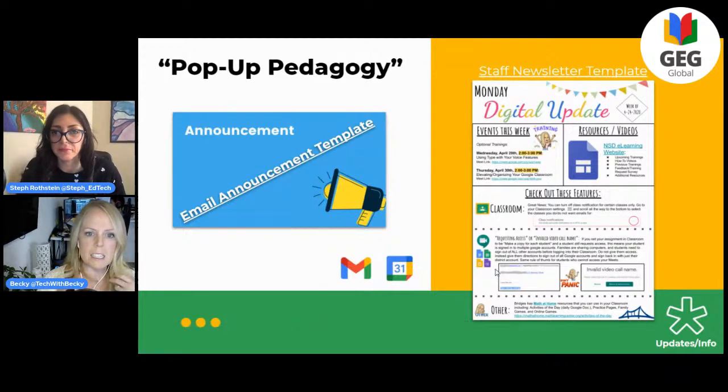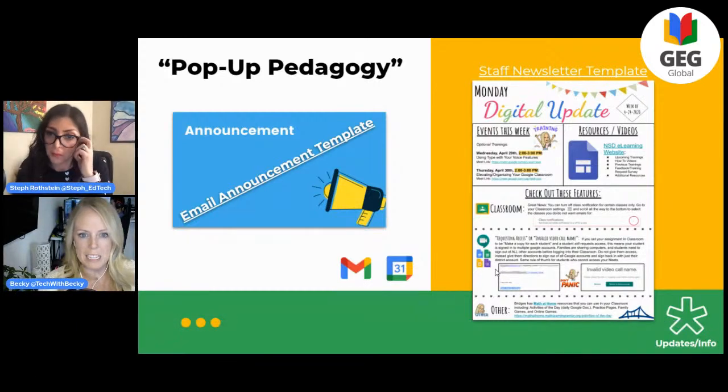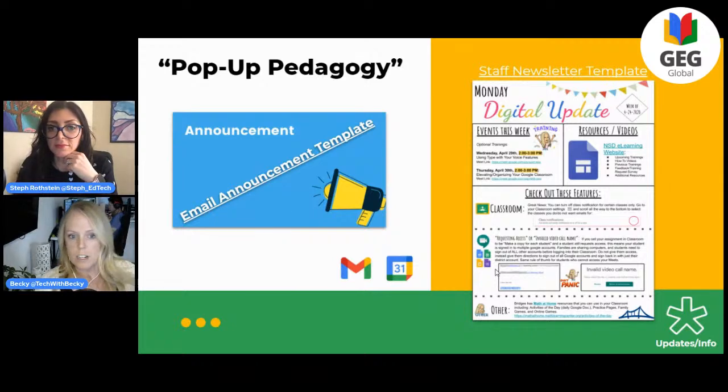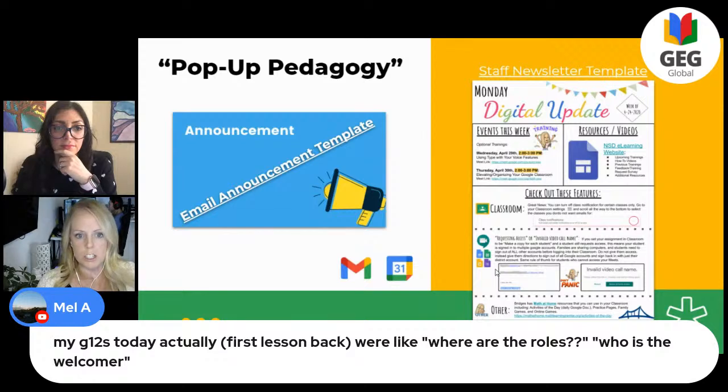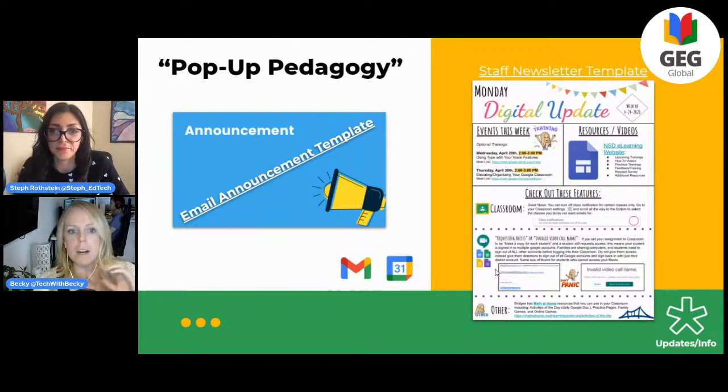And what that means is basically, I hinted at it earlier, but you're not just saying something once and assuming that everyone gets it. If there's something important to share, if we're in a staff meeting and a big change is about to happen, or we're about to shift in one way or another, make it pop up. Like it pops up on your web browser when you go into certain sites, the videos pop up, or my greatest example is on Instagram. All those ads pop up for stuff.